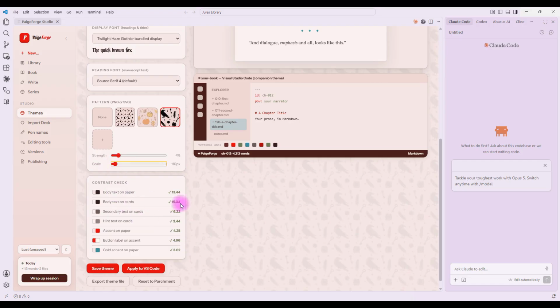Okay. And then this just shows you the contrast check. I can't talk. So I'm going to save my theme. So now Lust is an option. And now you can export the theme file if you want to share this theme with somebody else that has VS Code. You can reset to Parchment or you can apply to VS Code. So we're going to apply to VS Code and boom,